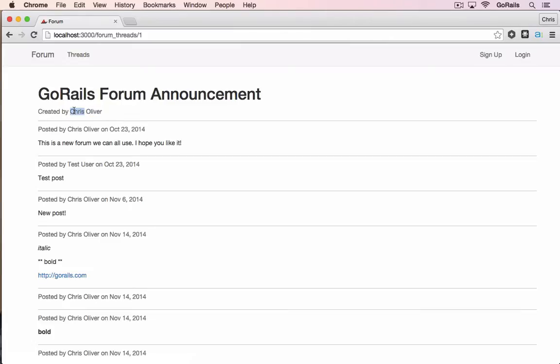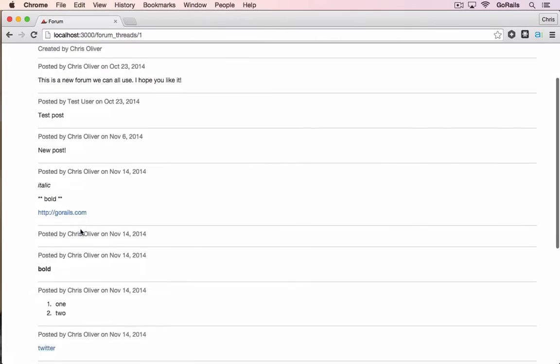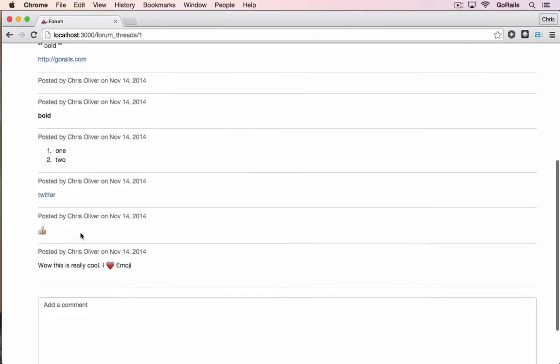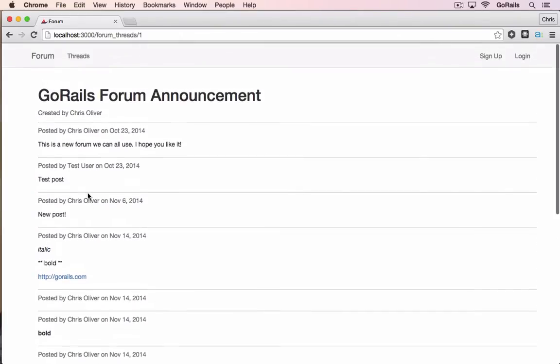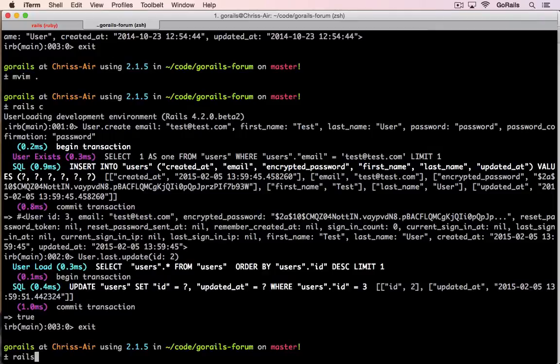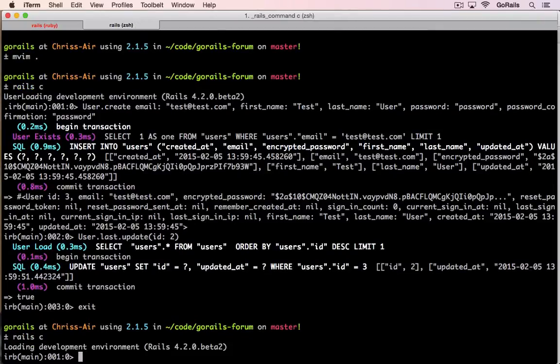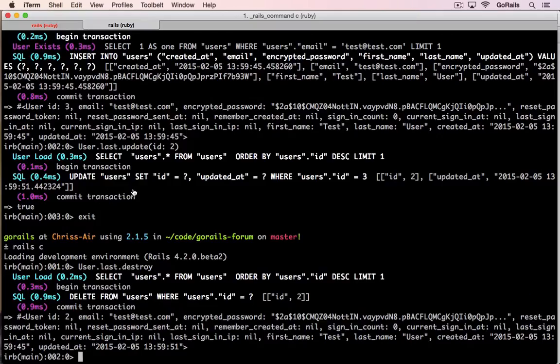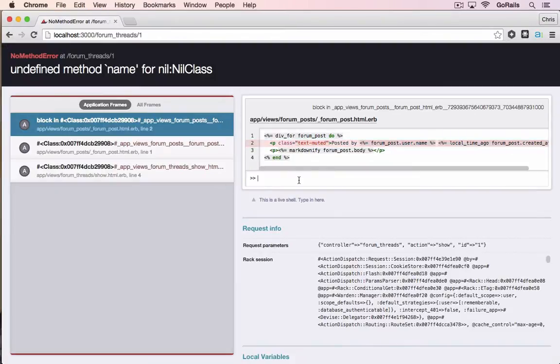So the thread was created by me, Chris Oliver, and I made the first post, and then the second post was by a test user. We had a few conversations testing different things, and what happens here is that if the test user deletes their account, and we can simulate that by running the Rails console and saying user.last.destroy. Once we do that and we refresh the page, this is now broken because we have forum_post.user.name